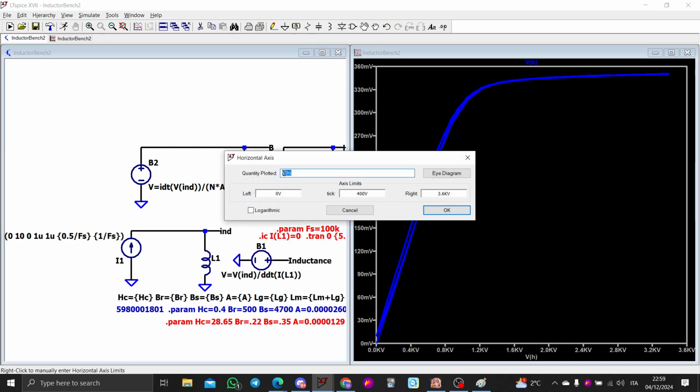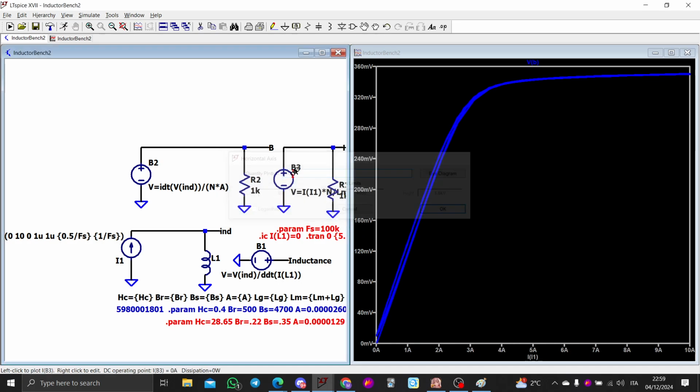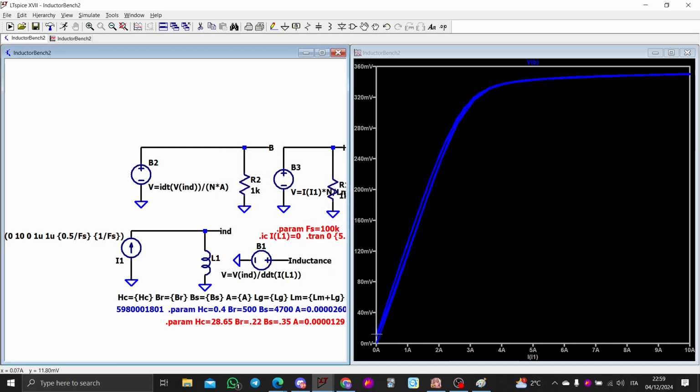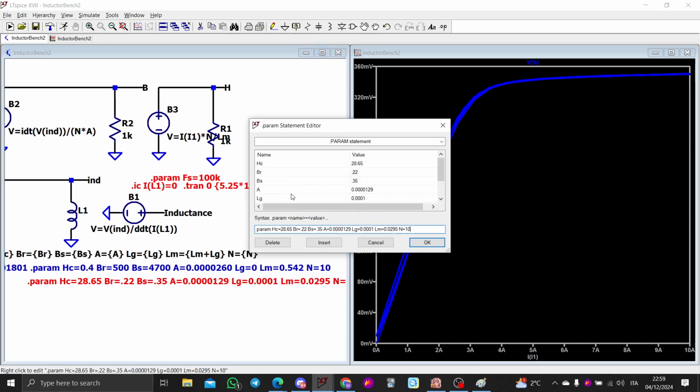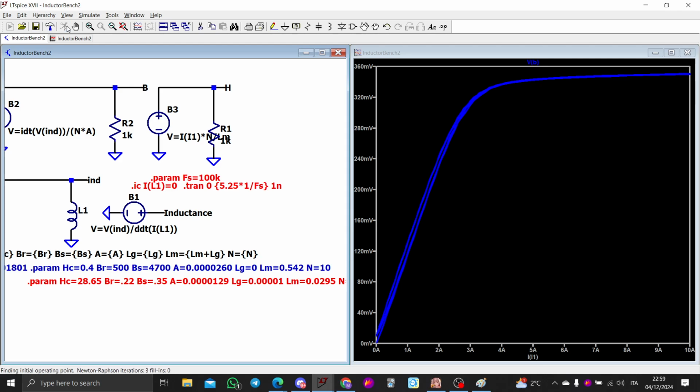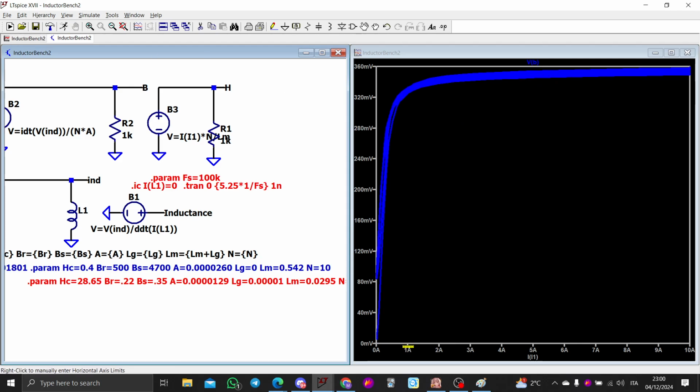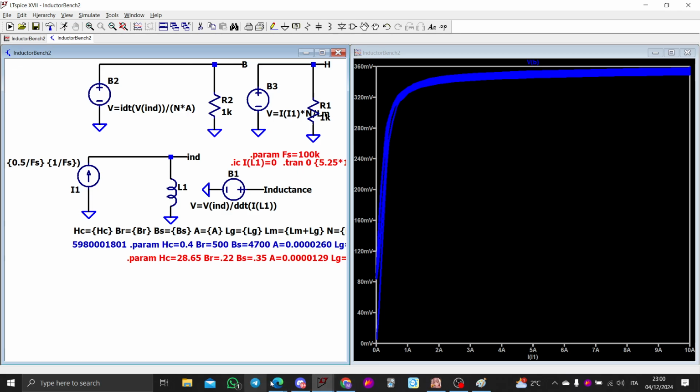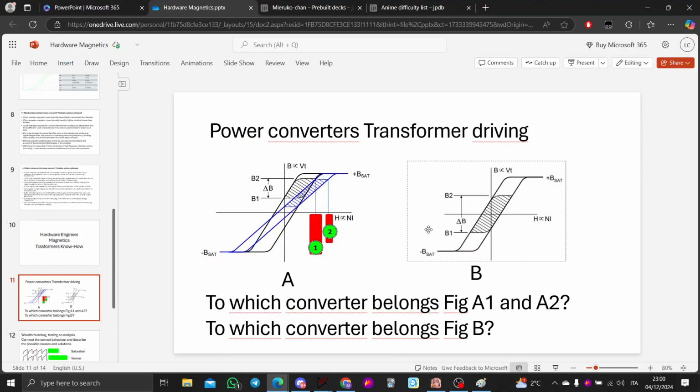I want to put the current I1 because it has more meaning for me. So at 5 amps I saturate. If I decrease the LG, even by one order, this decreases dramatically. Even after 1 amp, I have the saturation immediately. So it is reasonable to say that this belongs to the flyback, and the other belongs instead to the full bridge